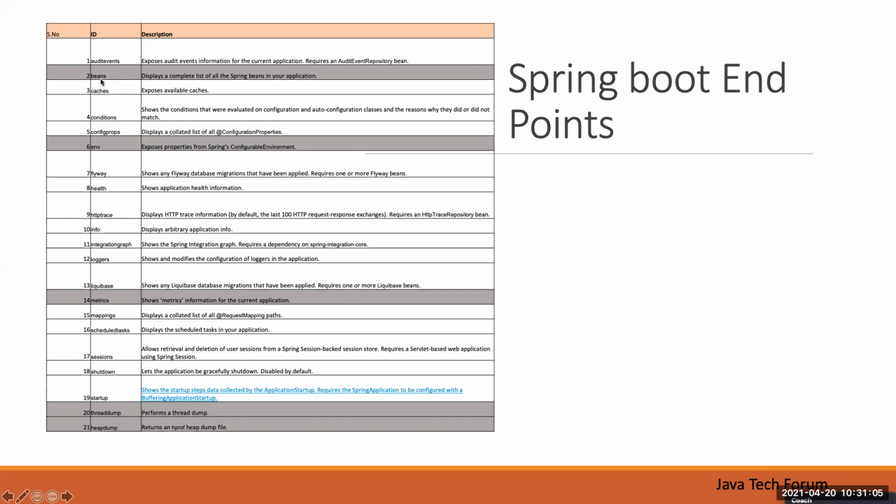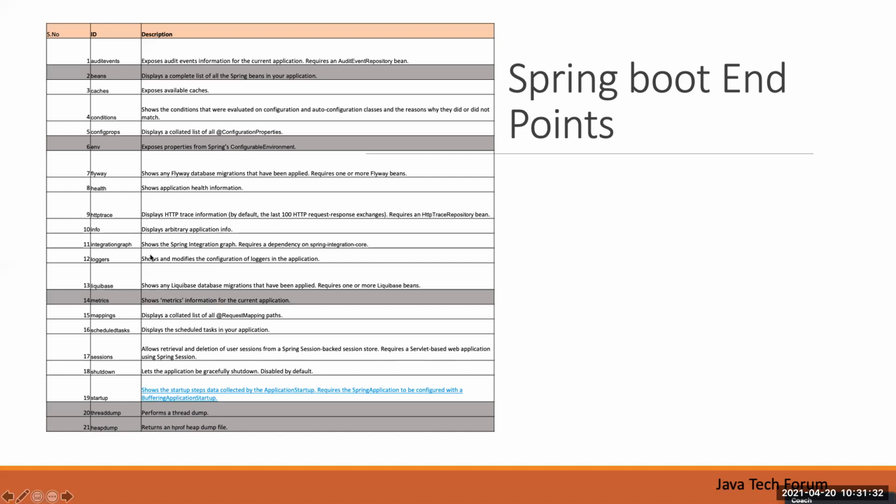Like beans: this beans service will list all the beans used in the entire application. What beans are created and what their status is, all those things we will get by using this, or the environment service, which will give the complete environment configuration details.